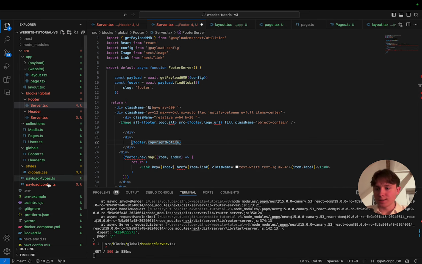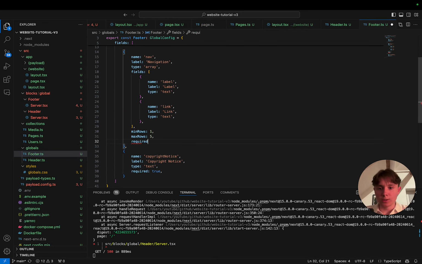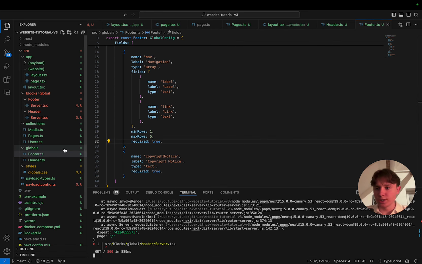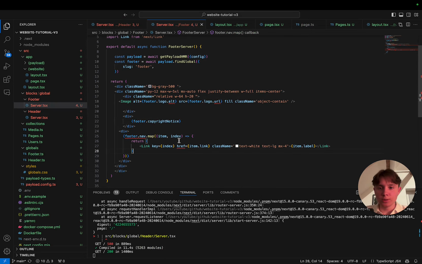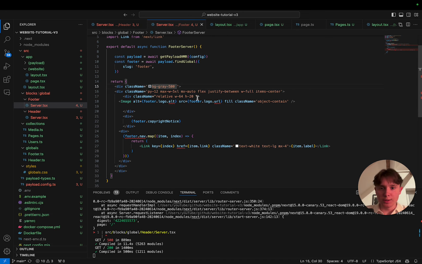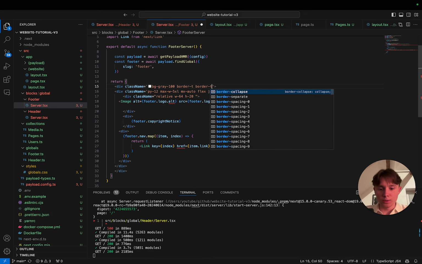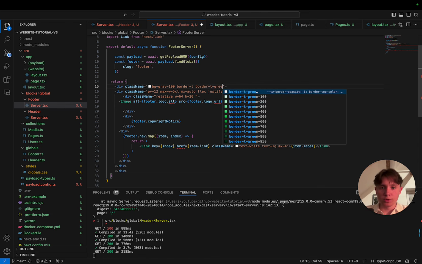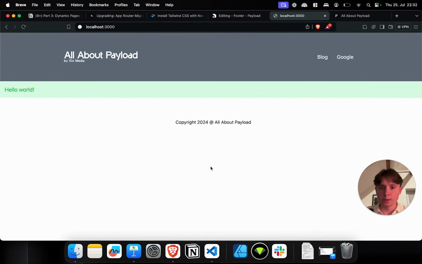In the footer we have the same issue that our navigation is currently not required. So in here I'm going to say required true. I'm not going to regenerate the types right now. So now we should be pretty much good to go. Obviously now our footer looks the exact same as our header, which I'm going to change a little bit. I'm going to say border top green 500. I'm going to make it a bit bigger. So now we should have